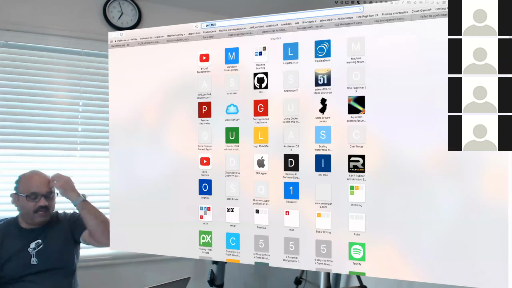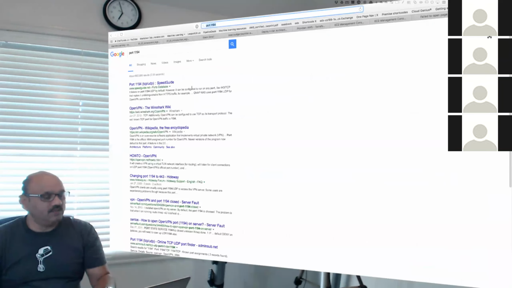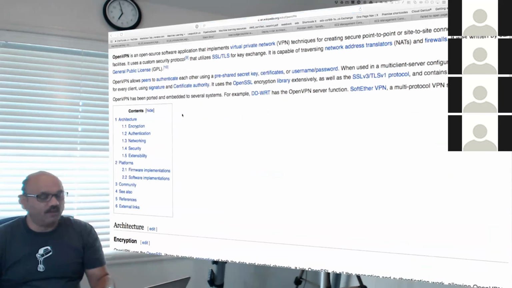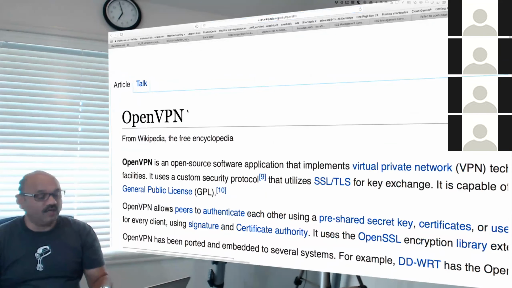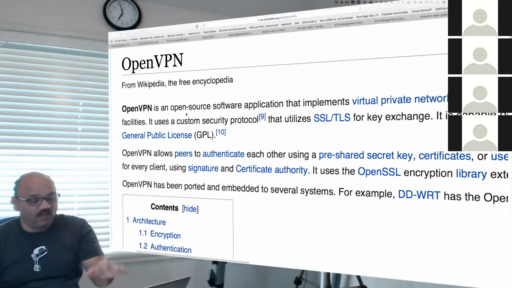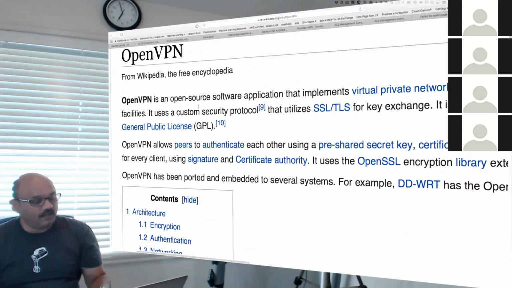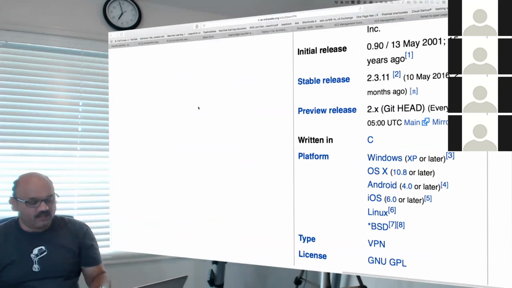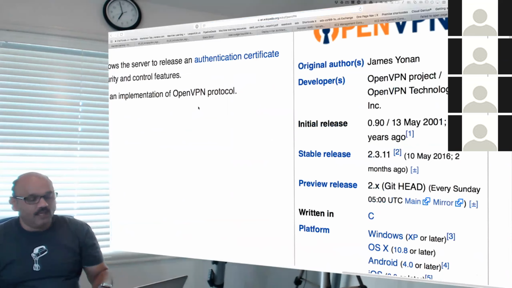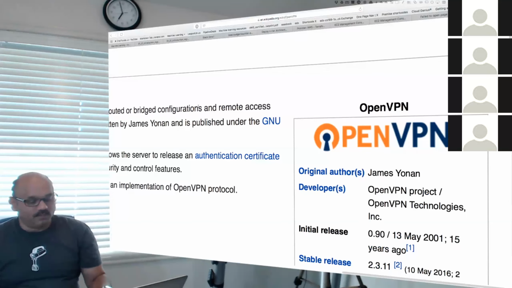Port 1194 is classically used as the OpenVPN port. OpenVPN is an open source virtual private network software, which is what we will install using Docker on the NAT box right now. You will see that in our configuration in just a few moments as I describe it. This OpenVPN software is open source.